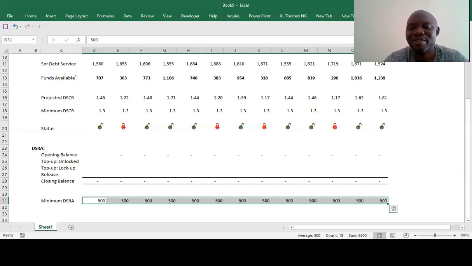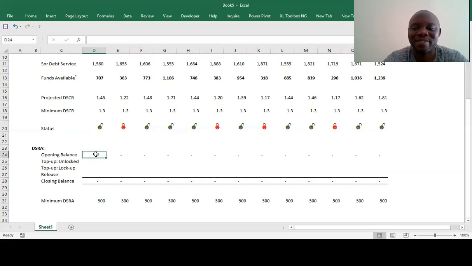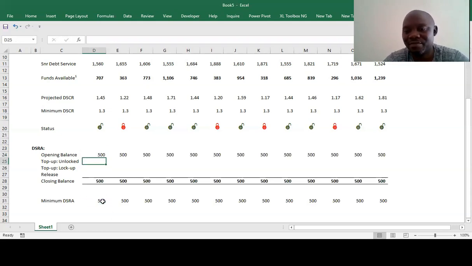This is the minimum debt service. But at the time that you actually, maybe it's one of the conditions precedent for the project to be triggered, is that you have to open an account immediately and secure that money. So you have secured the 500 in here.